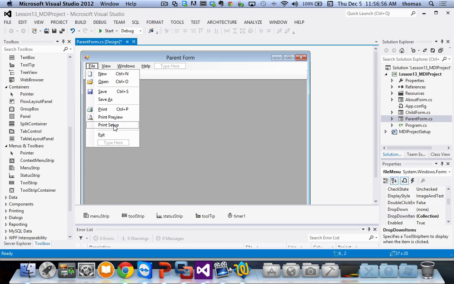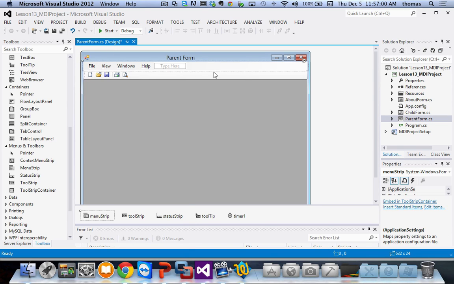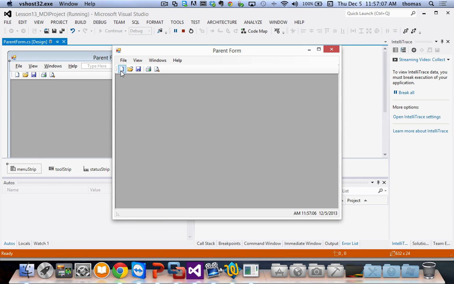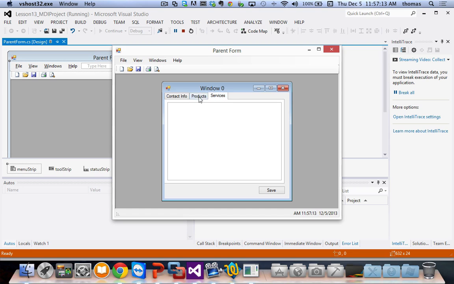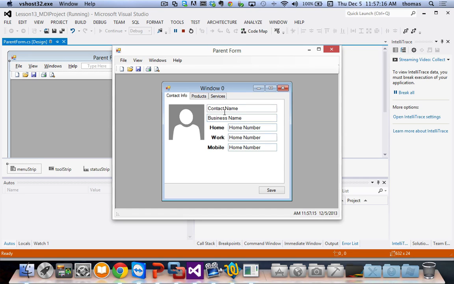Print setup, I don't have anything for that right now, so I'm just going to delete that. So again, you can modify your MDI form as you see fit. And I'm going to save everything here. When I run it, similar to what you saw before, once I start off my form, here's my form, and I've created a business contact with these tabs, where I can get a person to add in